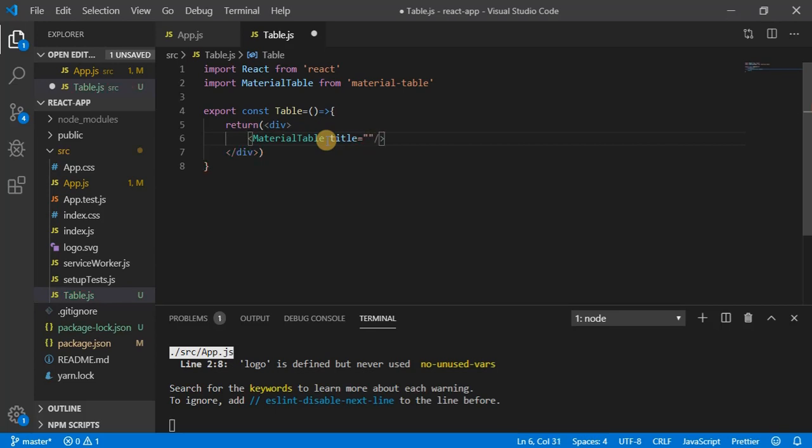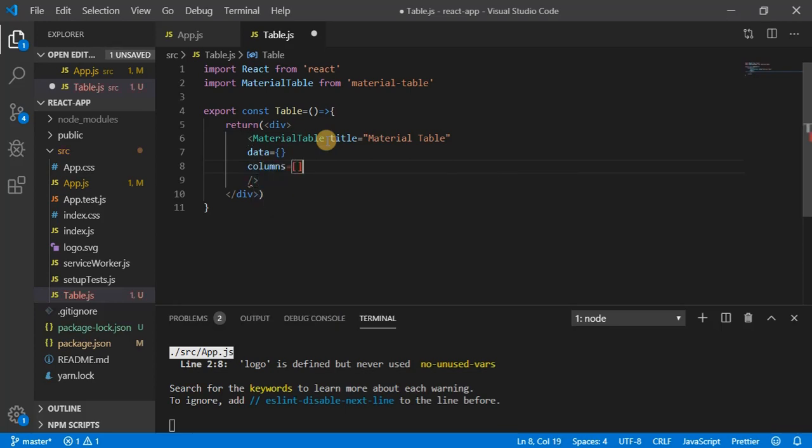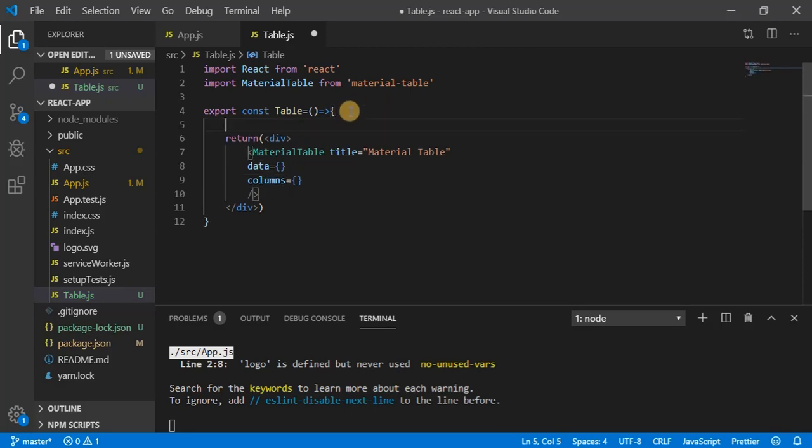So material table. Okay, and the next thing is going to be our data, right? So what data we are going to have. Okay, and after that we are going to have the column definition of our data. Okay, so let me define both objects here.